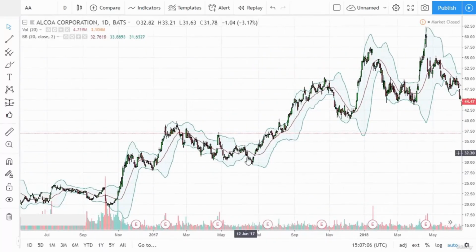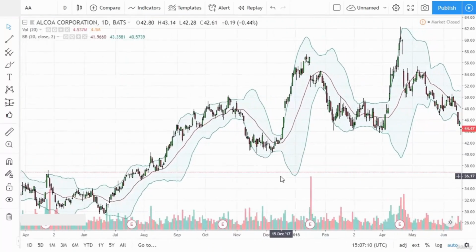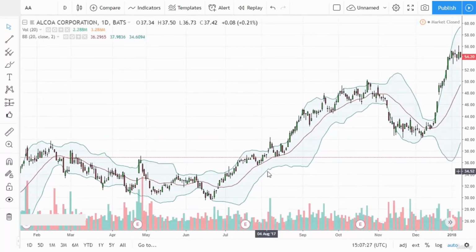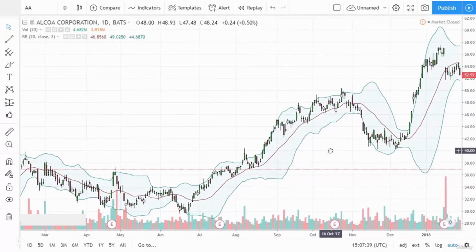When you get a compression, that tells you that you could get an explosive move rather soon. So let's take a look at a couple of runs here. We have broken higher. We've hit 2 standard deviations above the norm and that is grinding higher with it. And you can see that we come back and we find support there. So the idea is that you can use the moving average as support. And you can see that if you just simply followed right along, you could have made quite a bit of